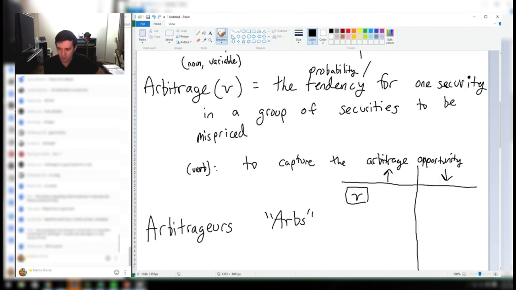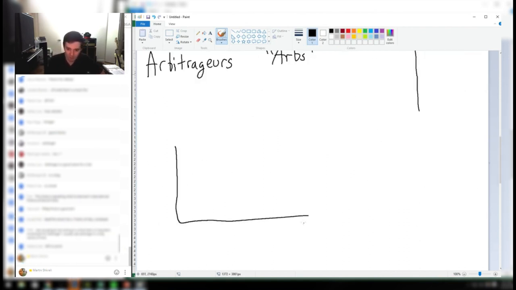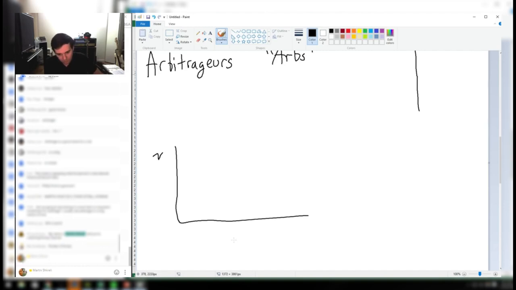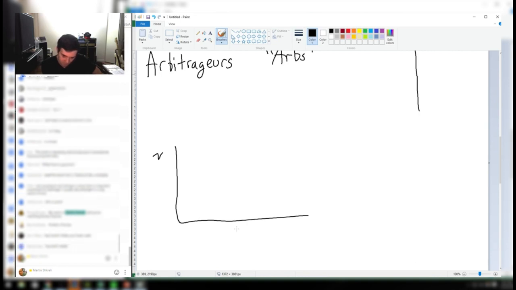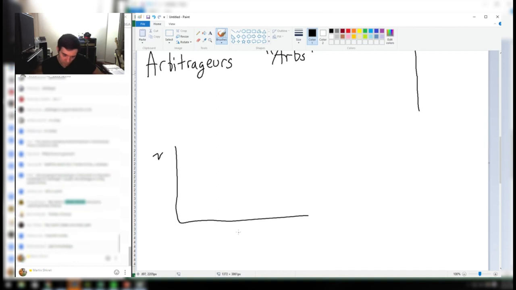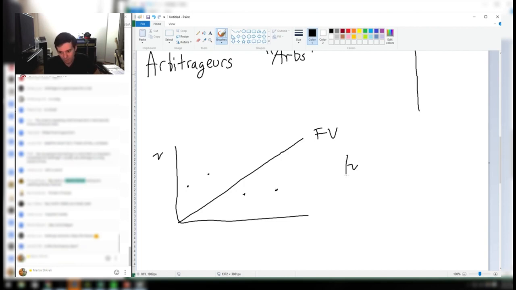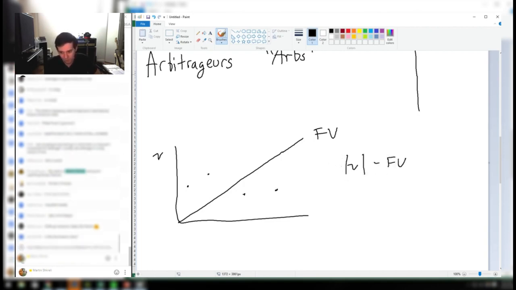You think about arbitrage as dispersion. If you think about it as a scatter plot, right? And you say this is nu, and this is, let's see. Yeah, let's just say this is whatever variable we want to select. Well, let's see. So you have stocks. Let's say this is a fair value line. This is fair value. So arbitrage, you could define as distance from nu to fair value, right? Or arbitrage is fair value minus market value,